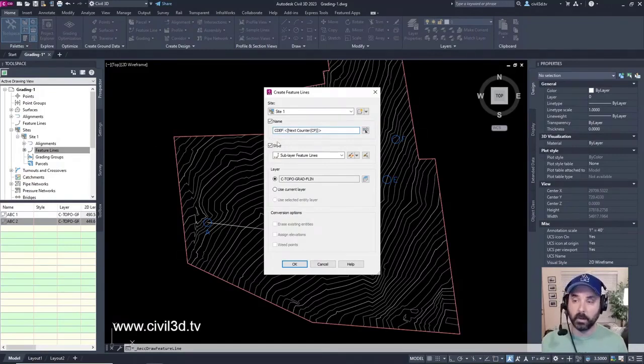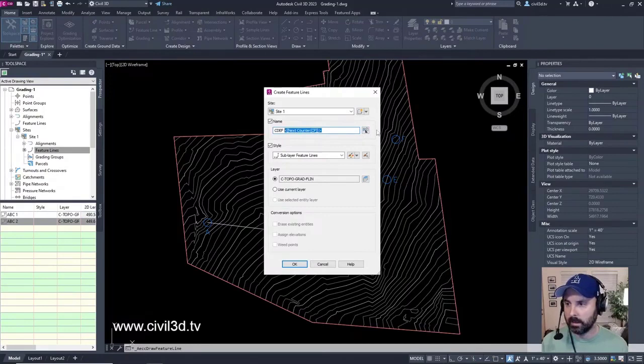Now, this is essentially what I'm talking about as far as naming the feature lines in a bulk fashion. What if I created a bunch of feature lines for parking lot number 1, in the northwest corner of our property? I could name it parking lot 1, and then this next counter will name the feature lines parking lot 1-1, 1-2, 1-3, 1-4, and so on and so forth. You can change the next counter if you don't want it to be a number.